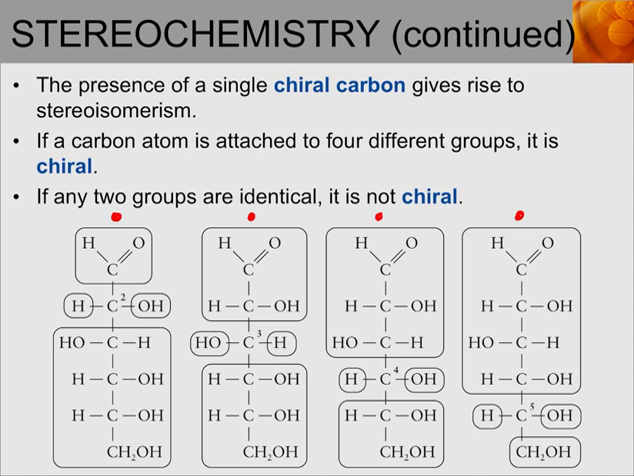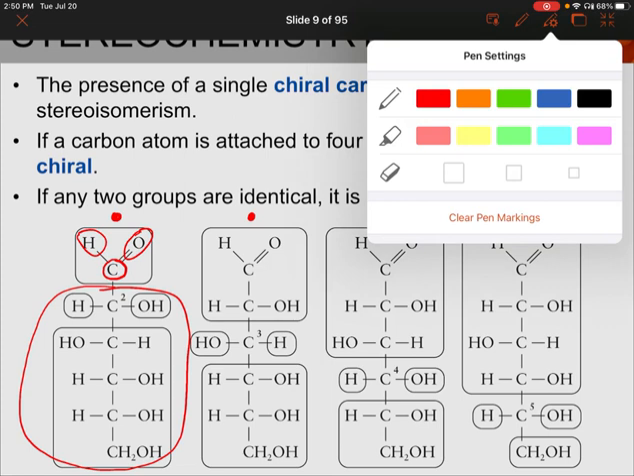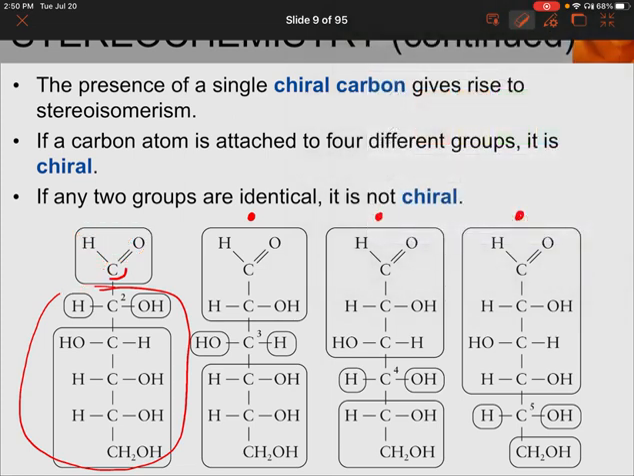So let's start with the first carbon at the top. This carbon is bonded to only 3 different groups: this oxygen, this hydrogen, and then the entirety of the rest of the molecule. So already we can say that it is not a chiral carbon because it's not even bonded to 4 groups. So we're just going to move down the chain and focus on the next carbon, carbon